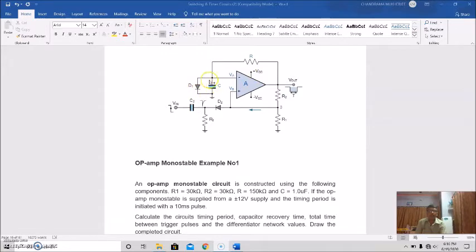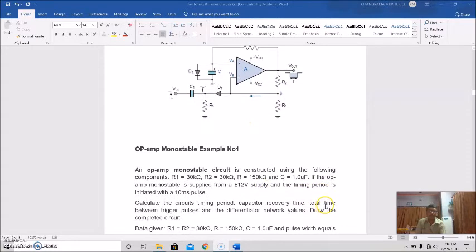This RC network, C is 1 microfarad, and the op-amp monostable is supplied from plus minus 12 volt, that is plus VCC 12 and minus VCC minus 12 supply, and the timing period is initiated with a 10 millisecond pulse,